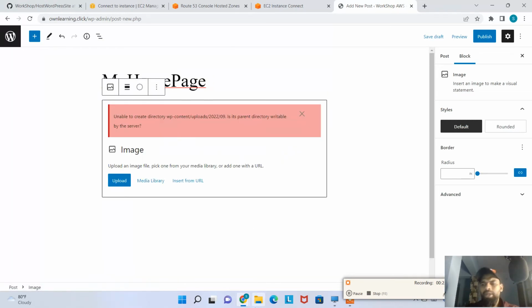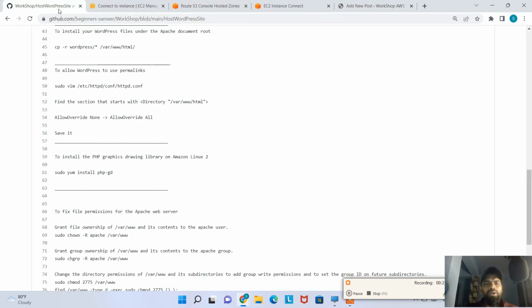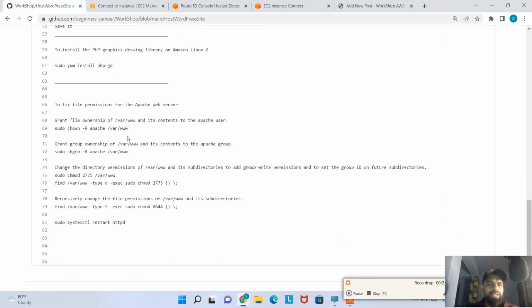Okay, wow. So we are getting some message here, guys. What this says is there is a permission issue in your WordPress directory. So that's why you are getting this error: unable to create directory wp-content, is its parent directory writable by the server or not. So in order to resolve this issue, what we have fixed here is you need to